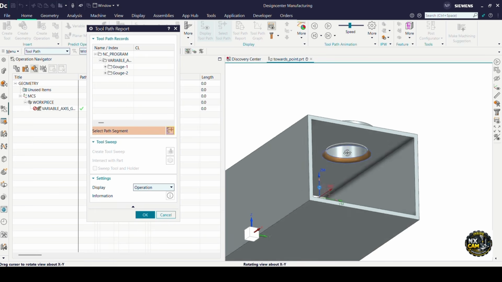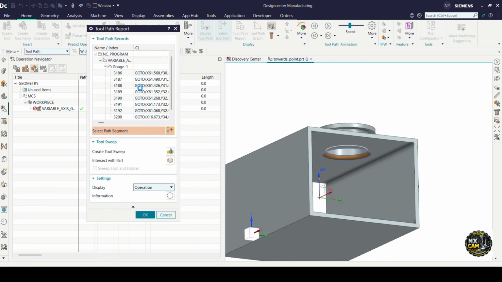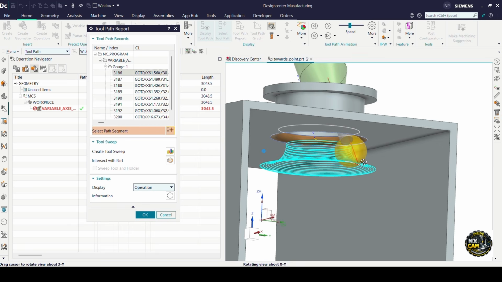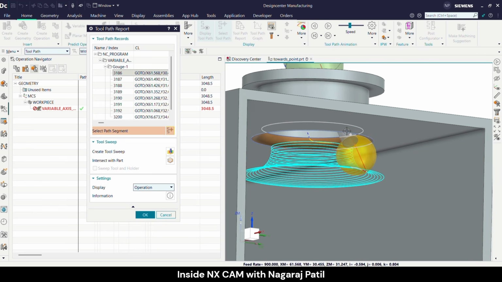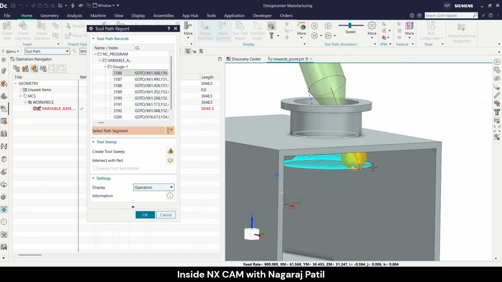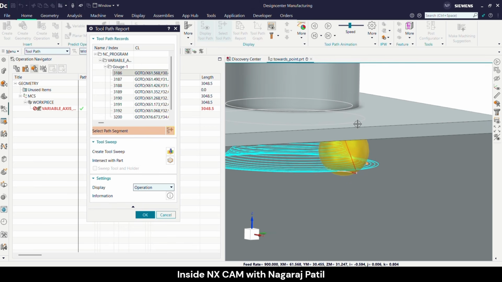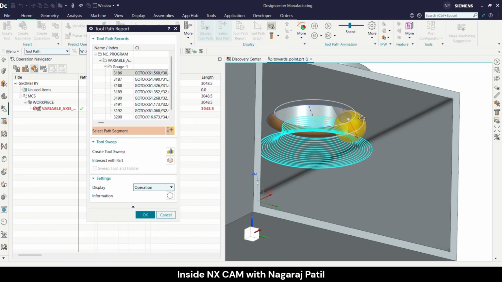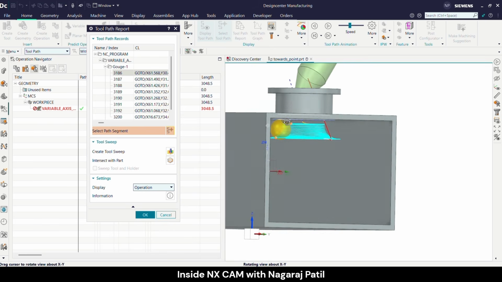Now it has generated and it is showing some collision. You may observe here it's getting collided with the neck diameter. What I need to do, I have to reduce the neck diameter or I have to stop this machining before it reaches the end value. So here basically from this view we will machine this area. So no need to go up to here. We have to stop a little bit in the beginning. So what we need to do,